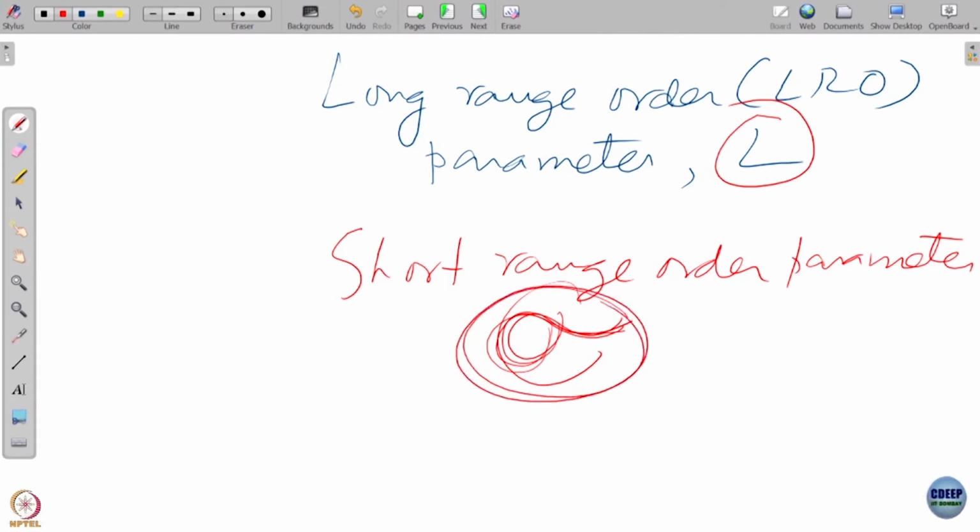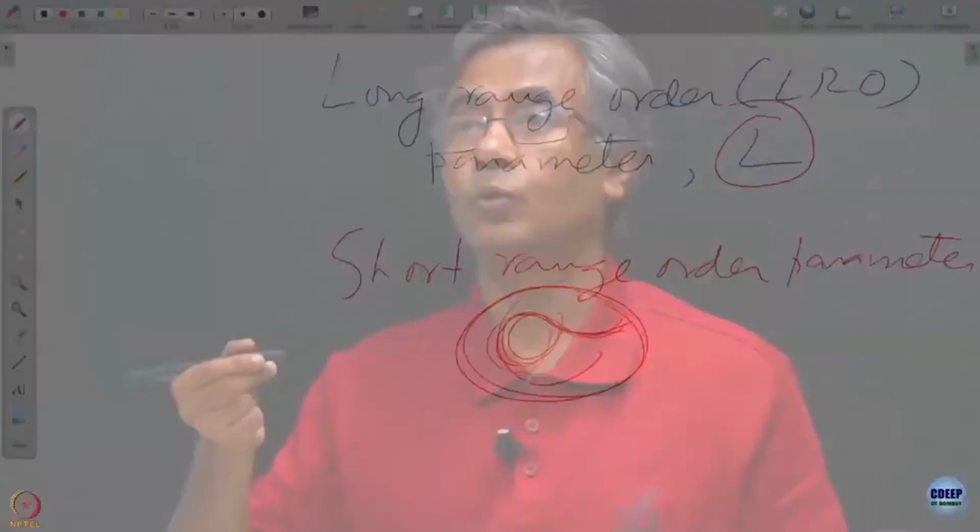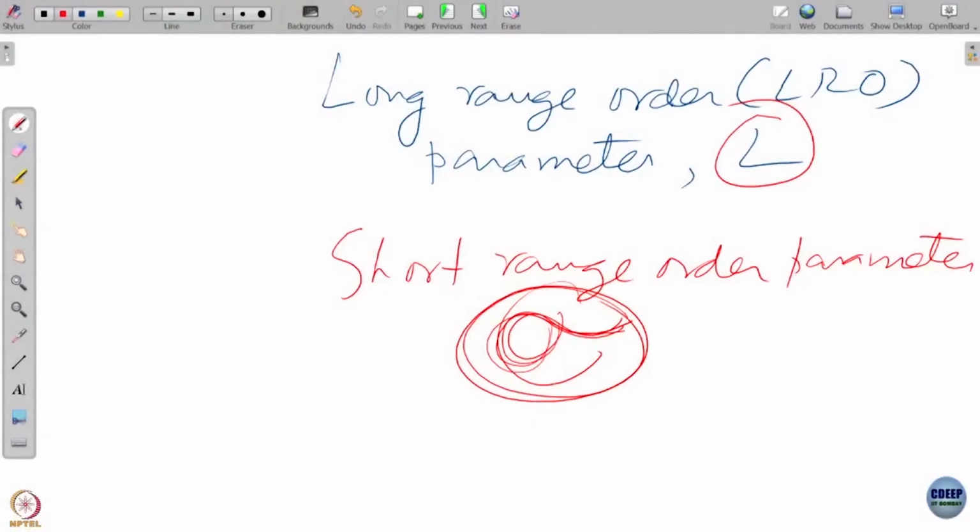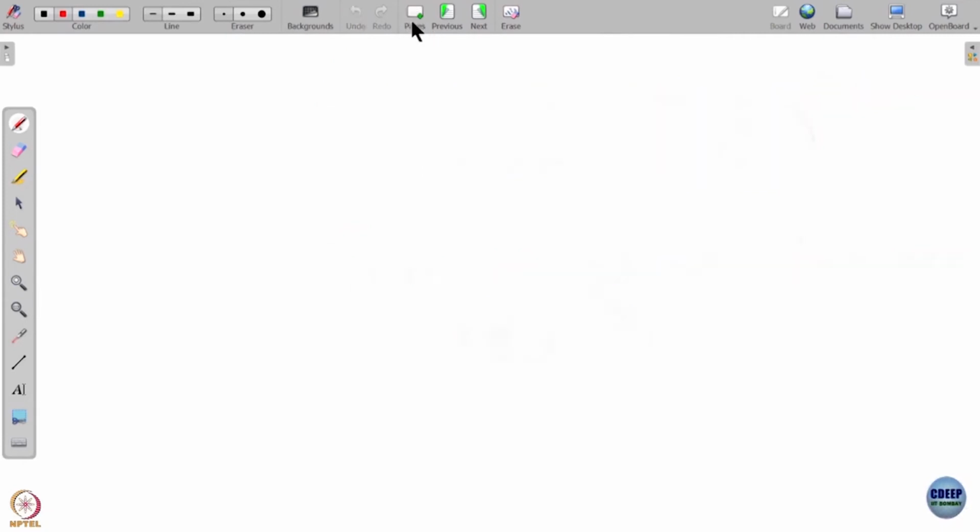In many books, in order to separate, they say sigma_i and sigma_j for the up and down plus 1 and minus 1 values of the spin, or they use S_i and S_j, but sigma_i and sigma_j is more common, and short range order parameter sigma is also fairly common. But since we do not have any subscript or superscript to sigma, we will have no problem. That means short range and long range order, L for long range, sigma for short range, it will be easy to remember. So, now I define the following way.